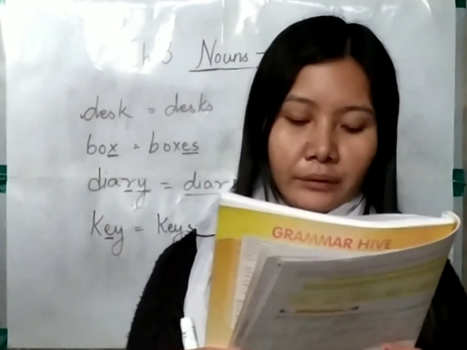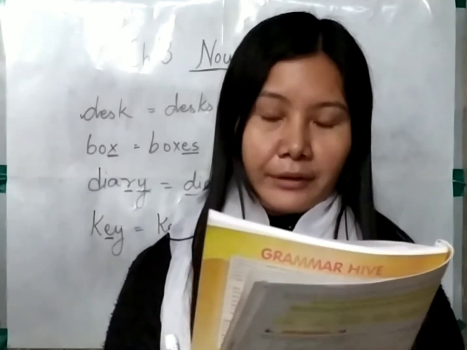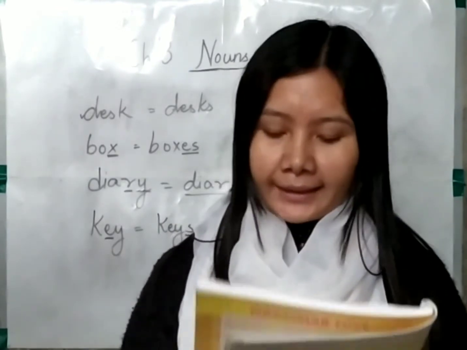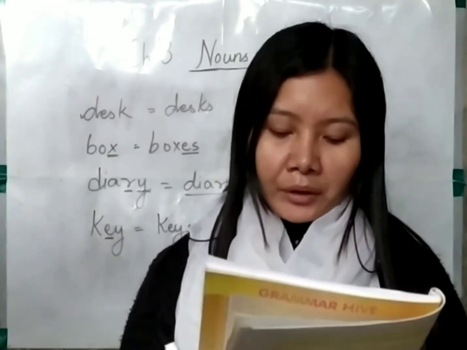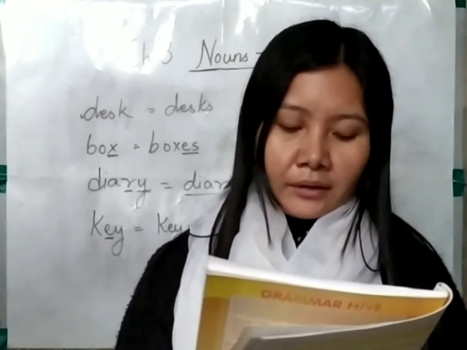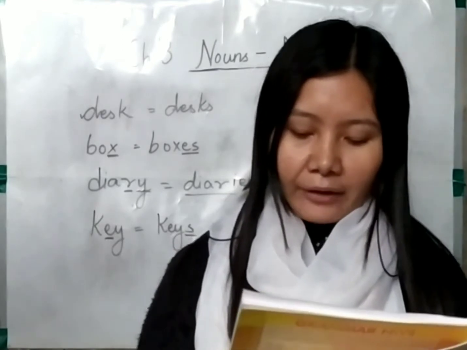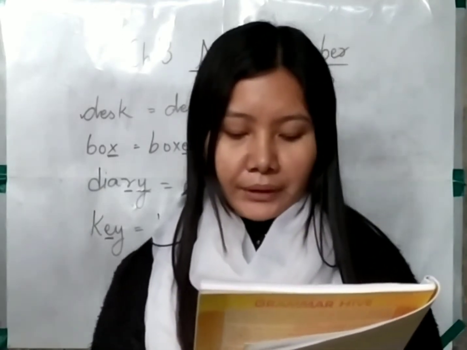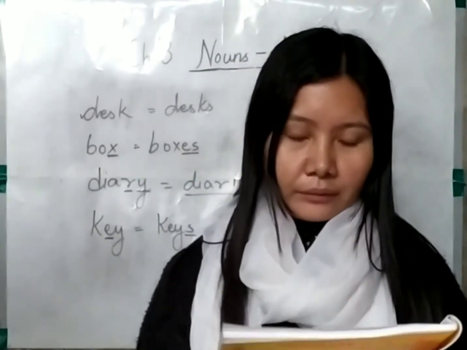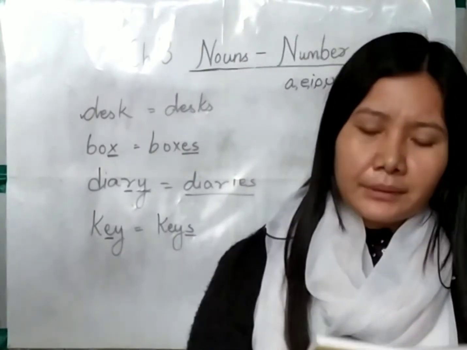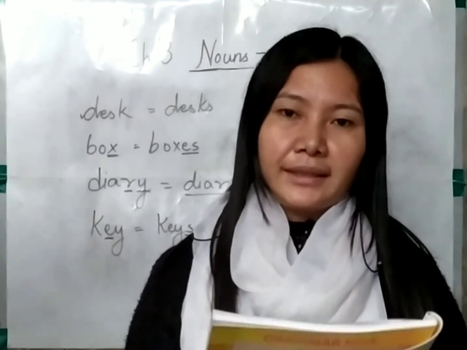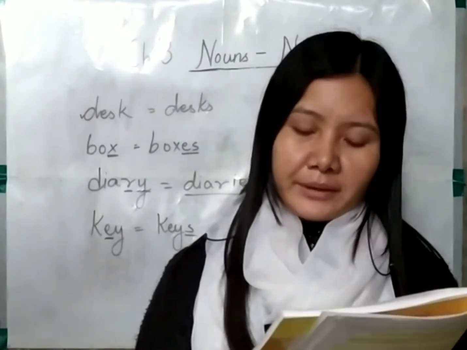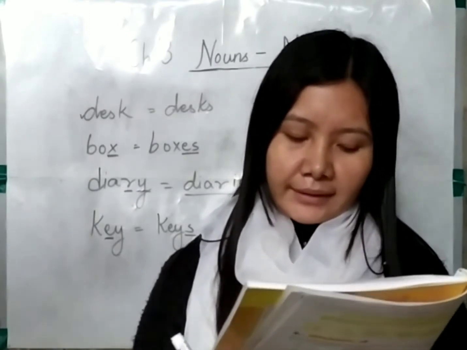So some nouns that end in vowel plus y, how do we form their plural? We simply form the plural by adding s. Key, keys, monkey, monkeys, tray, trays, donkey, donkeys, highway, highways, trolley, trolleys, chimney, chimneys, story, stories, boy, boys. Now these are some of the examples where we get to see how we form the plural of a noun that ends in vowel plus y. So now let's read the next rule.